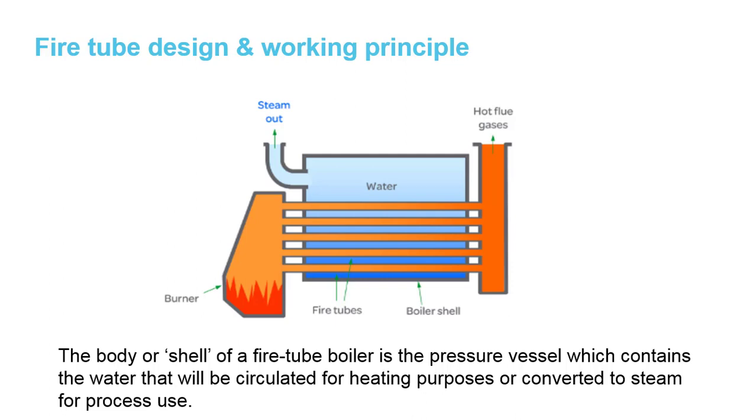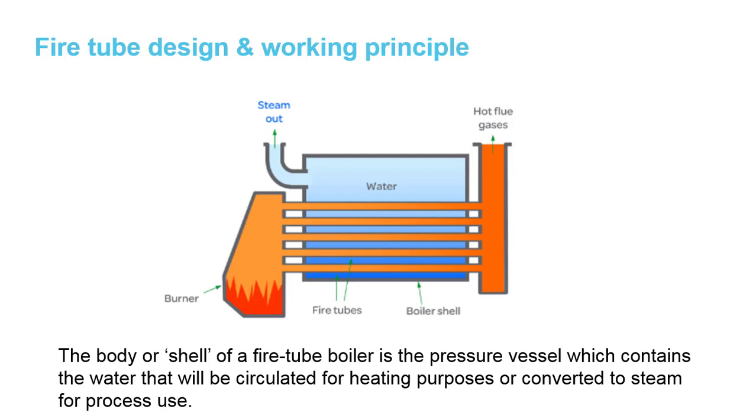You can see in this picture there is a burner and a fire chamber, where the combustion starts and the fire is created. The flue gases go inside the tubes. The tubes are surrounded by the water. Finally, after passing through a number of passes based on the design, whether single pass or two pass, in this picture it is a single pass, it goes to the chimney, then to the atmosphere. The hot gases go to the atmosphere.